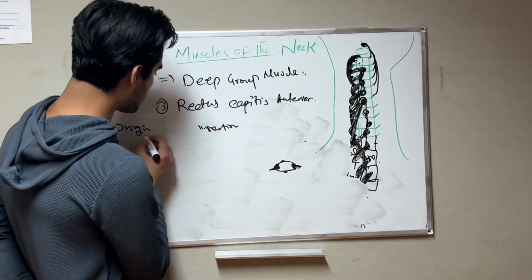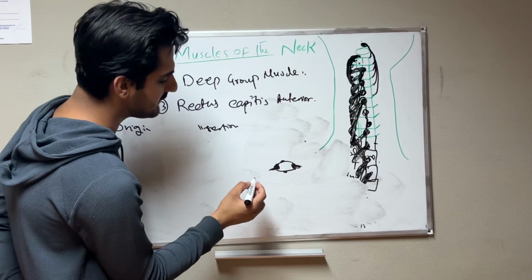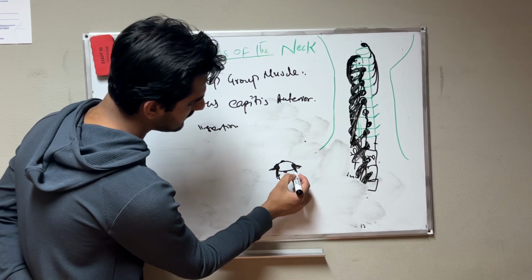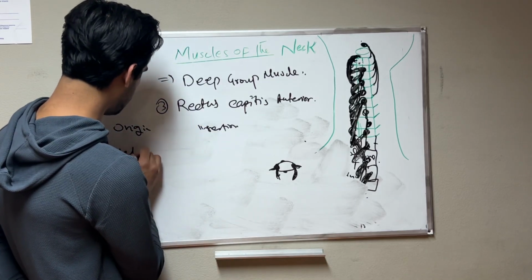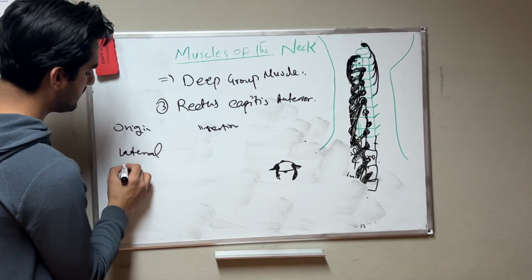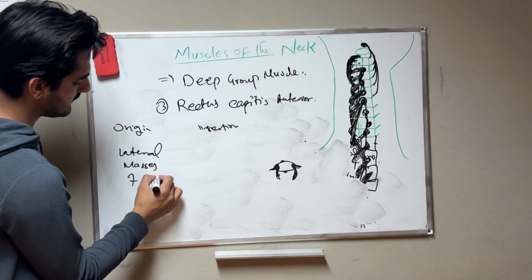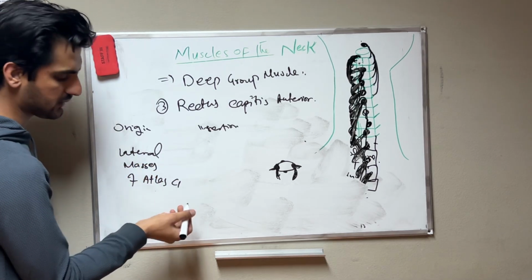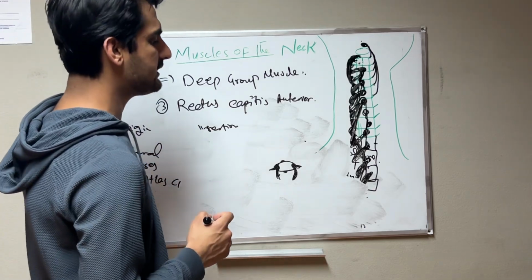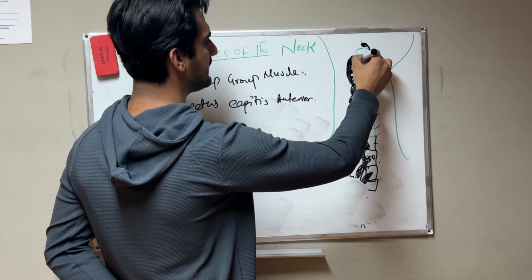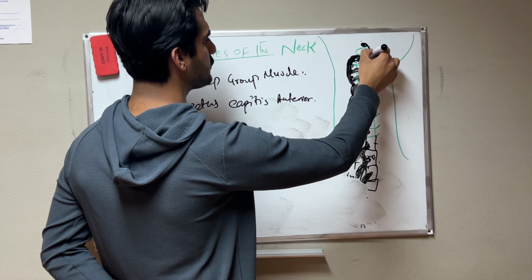If you talk about the rectus capitis anterior muscle, its origination is from the lateral masses of atlas, means C1. We are talking about C1. And inserted from the mid side, going to the basilar part,